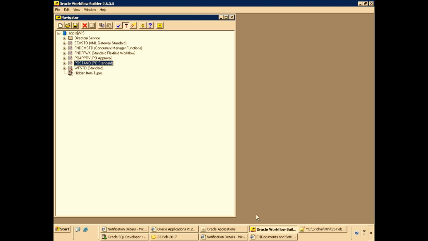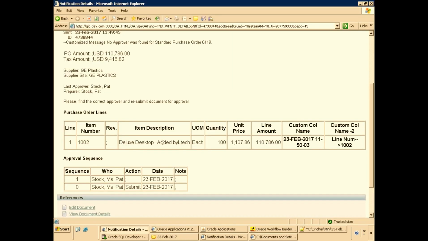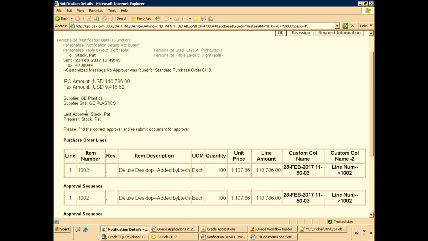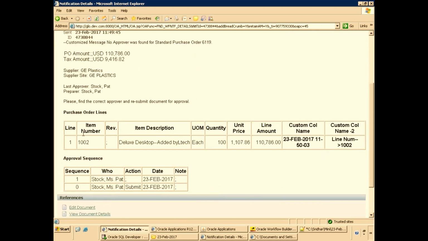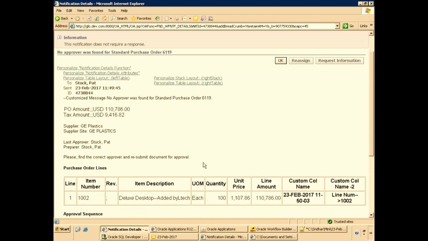So now in our case, we have modified the PL/SQL package as well as the WFT file, isn't it? It depends on the requirement, whether you need to modify a package or not. In our case, we modified the package also because we just modified the HTML, this particular content. Yeah, one more thing. If you observe, it is displaying the content in this white color, right? So whenever you see content in this fashion, we can directly say it is HTML content. Remember that it is getting generated from the PL/SQL.